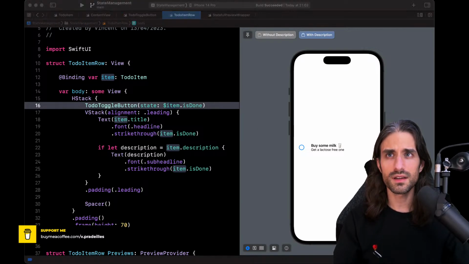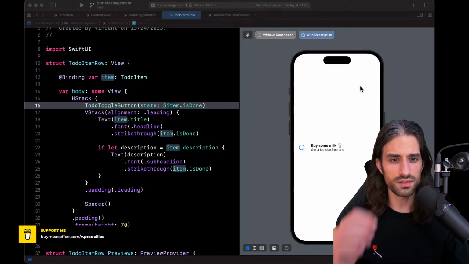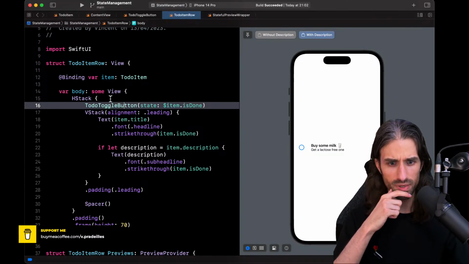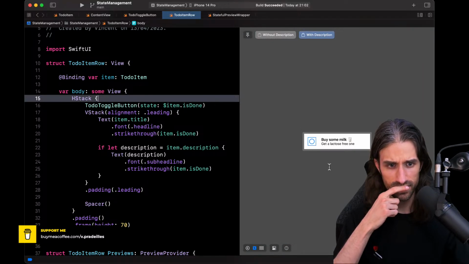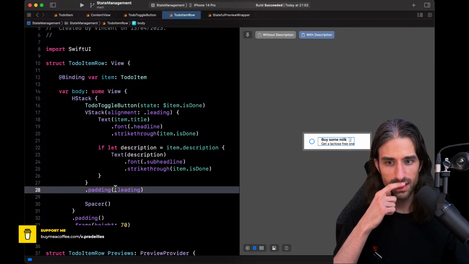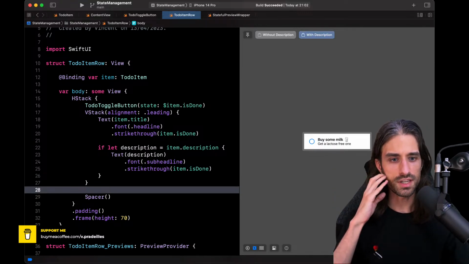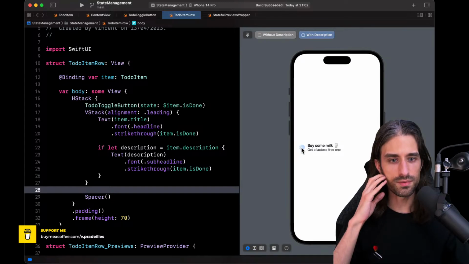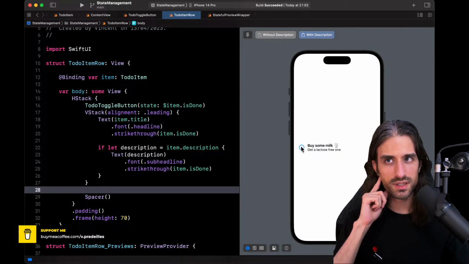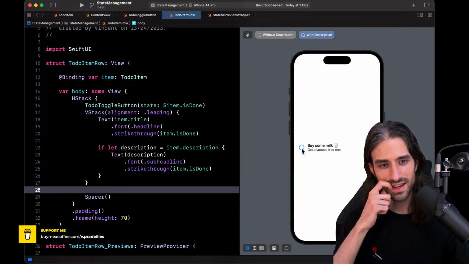So I'm going to update the UI a bit because it could look better, I think. Here I have the button. Okay, yeah, now the leading padding was not the best, but now it looks kind of nice. And if I go to a live preview, when I tap on the button, you can see that the text is being crossed out. What's weird is that the button is doing something super weird. It's moving a bit. What could be the reason for it?